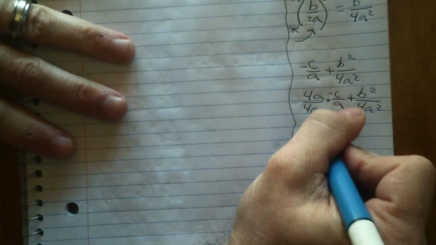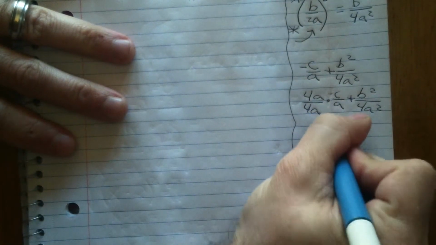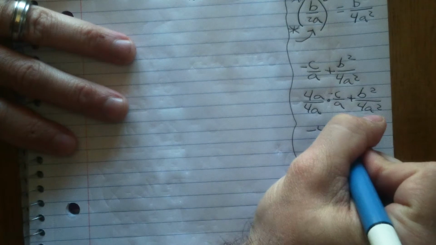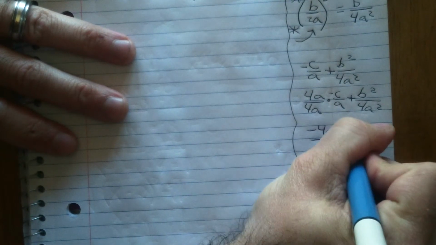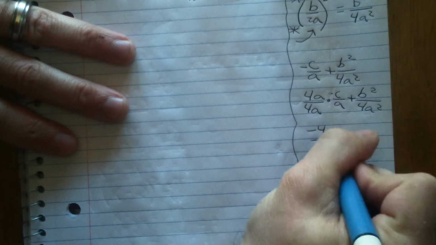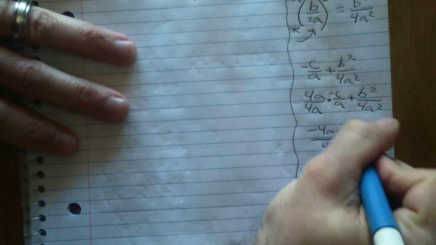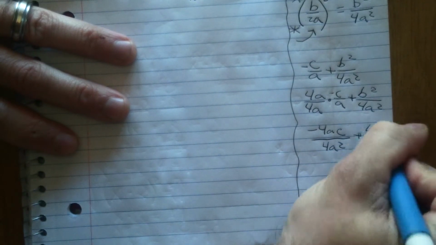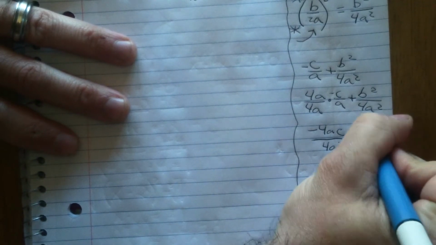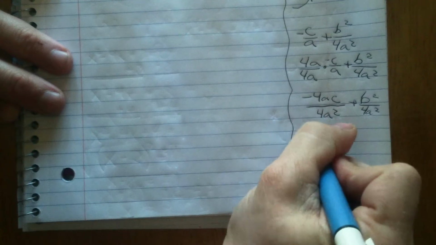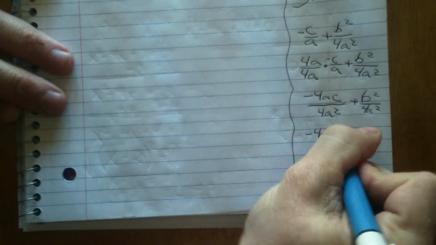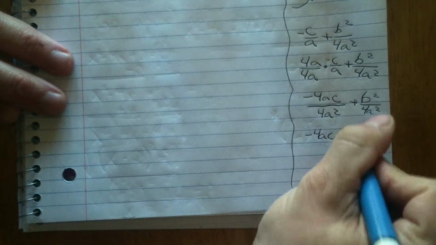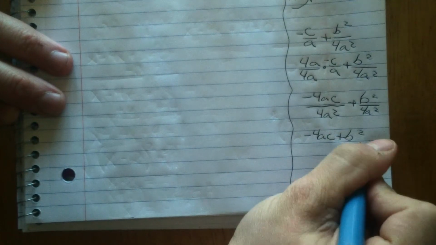So I end up with negative 4ac over 4a squared plus b squared over 4a squared. So they now have a common denominator, and I can add them together to get negative 4ac plus b squared over